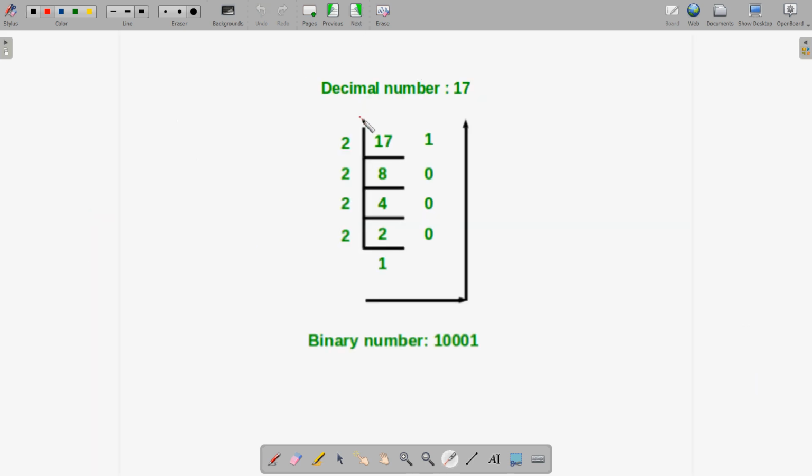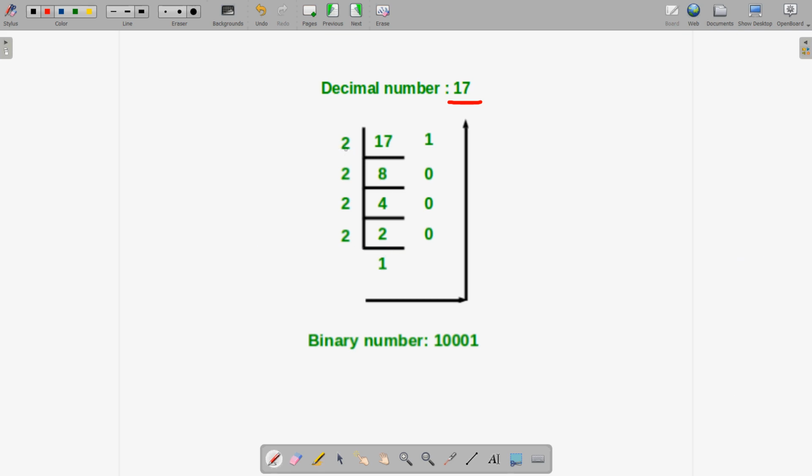Clear? Suppose there is a number in the decimal, that is 17. And if you want to convert this number into binary, the first approach we have already seen, by writing 0 and 1, by using the increasing powers 2 to the power 0, 2 to the power 1 in the previous slide. Now we are going to do a division method by which we can also convert decimal into binary. So what we are doing now, write 17 and every time do the successive division.